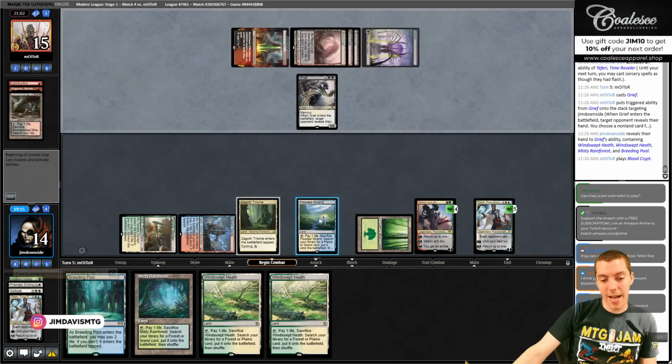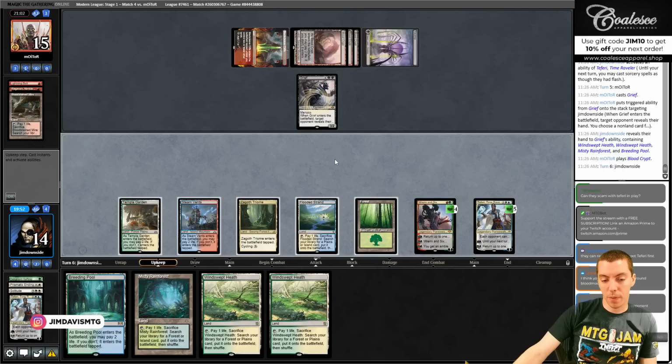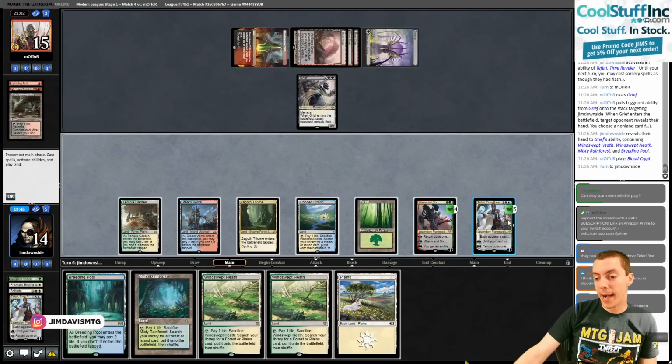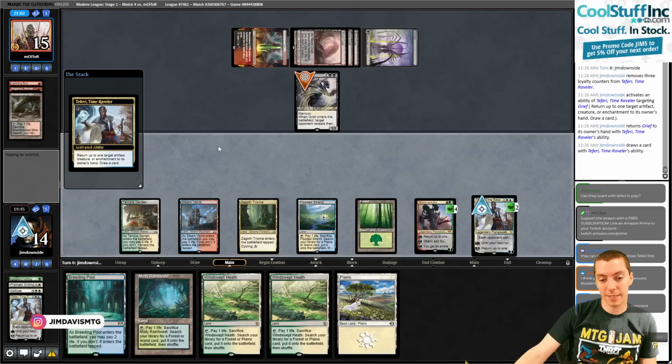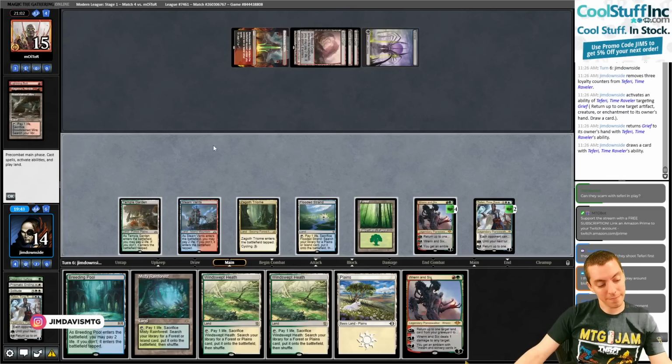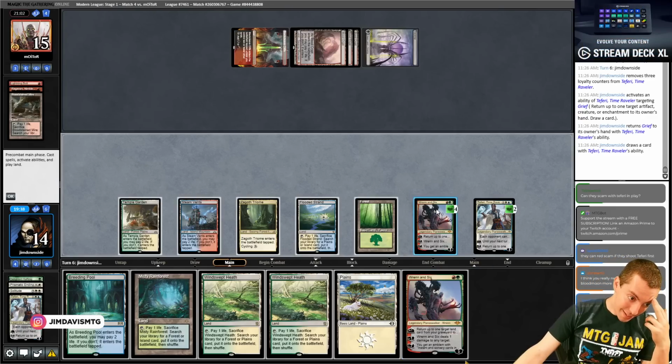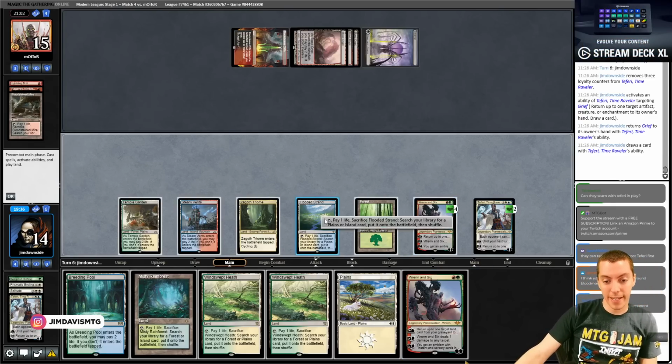And we are not going to crack this. We'll hold it for Omnath and hold it for Plains. 3 cards in hand for our opponent. We draw the Plains. All right, cool. Let's minus here. All right, well, I guess we're fetching now. So, all right, just get...